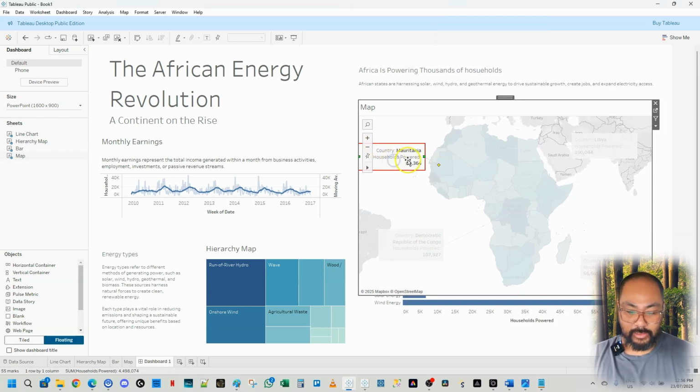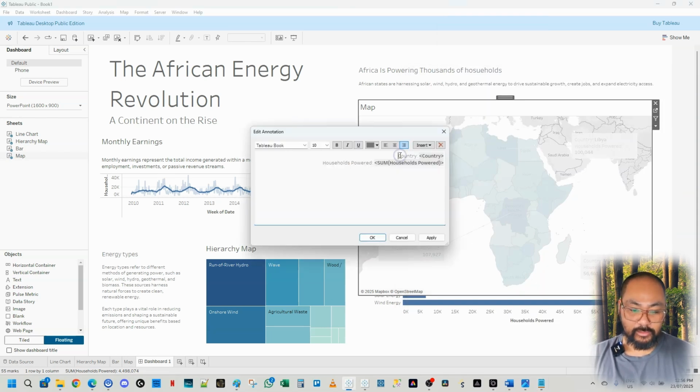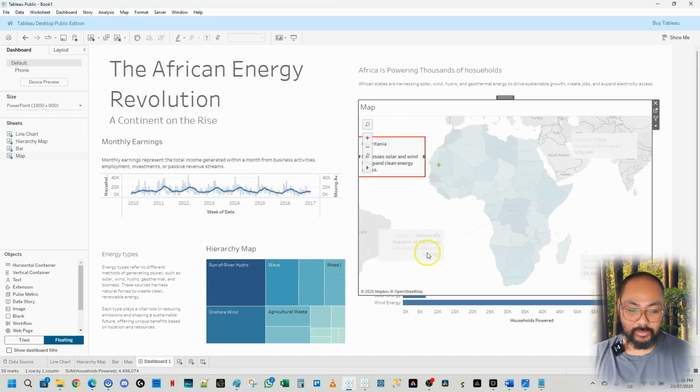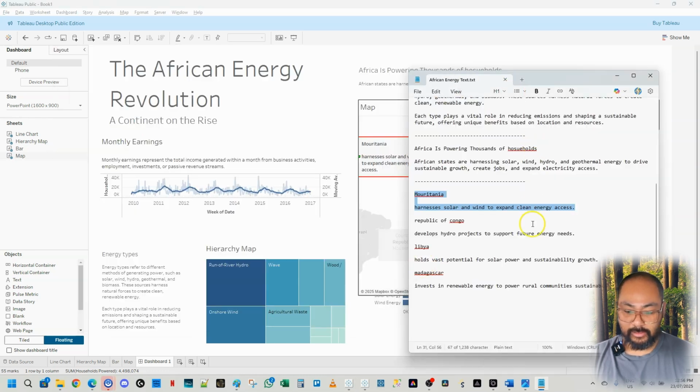Copy. Now to edit this, you just double click inside. Control A to highlight everything, Control V to paste, and go OK. All right, back to the text. Next one,